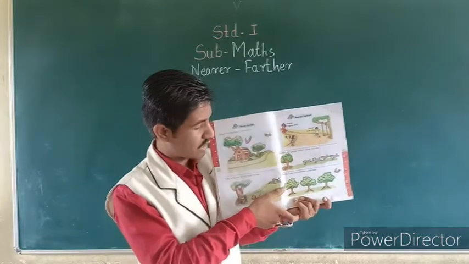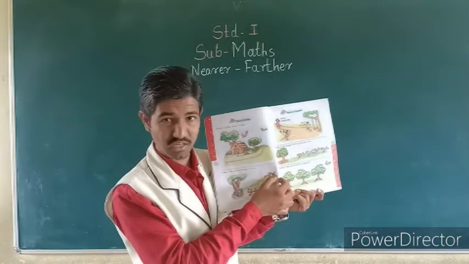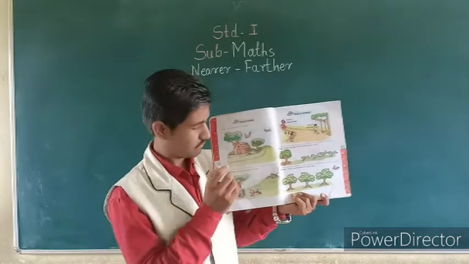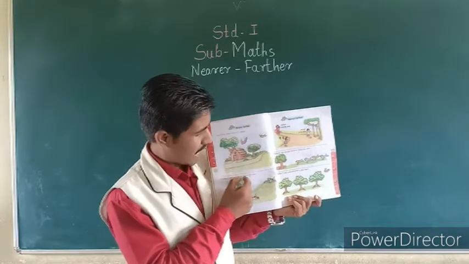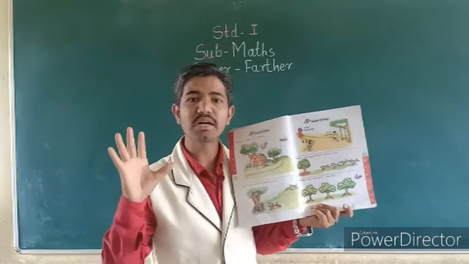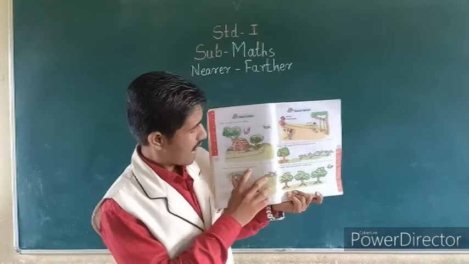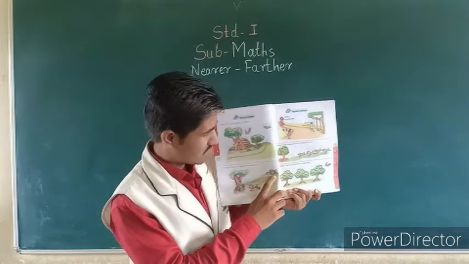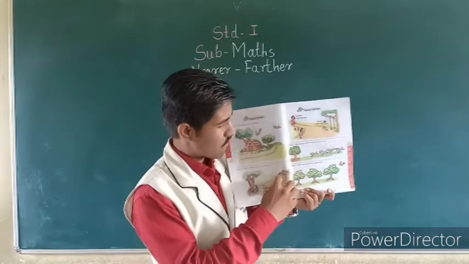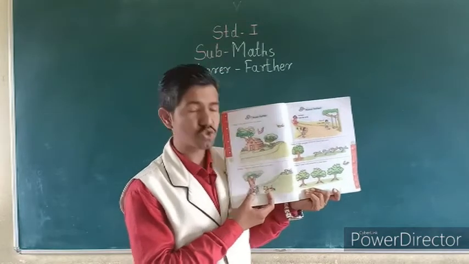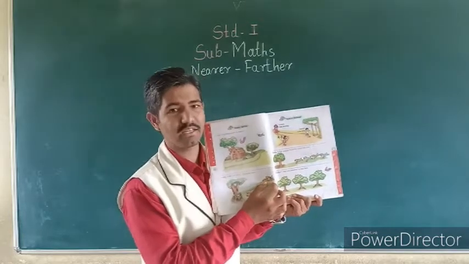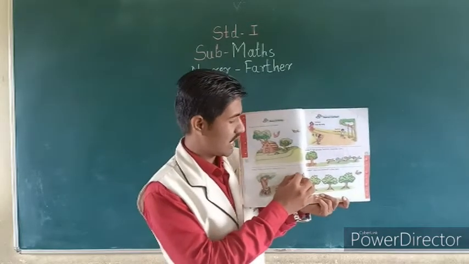See there are two cats. Is the cat hiding behind the stone nearer or is this cat nearer? So what is the question we see? Take the cat farther from the tree. So you have to see farther from the tree. So you have to take the farther one. Where is the farther? The hiding cat is far away. That means you have to take the farther. And this cat is close to the mouse. So this is called nearer. And this hiding cat is at a long distance. So you have to take the farther.